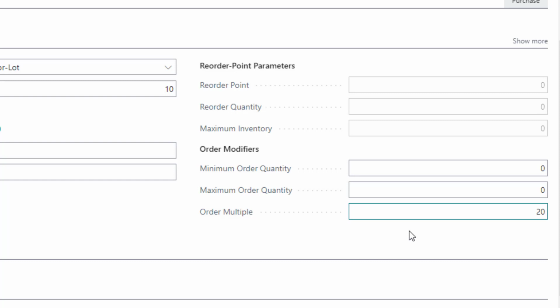Now maybe that's excessive. So maybe it makes sense if I buy it in quantities of 5, but my minimum order is 20. So as long as I'm buying 20 or more, I want to make sure that I buy it in multiples of 5. So I would buy 25 if I needed to get 22, or 30 if I needed to get 28. So there's a lot of numbers thrown at you, but hopefully it's resonating in terms of the control you